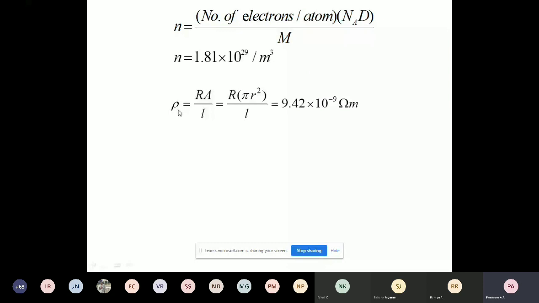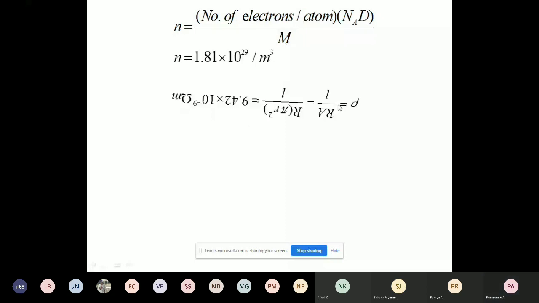And resistivity, that is the second part of the problem. Ra by L is the resistivity equation which we learned during the discussion of classical free electron theory, in the physics class itself, in both the sections, J and L. And here area of cross section is not directly given in the problem, therefore we need pi r square, because for a given wire the cross section is circular, therefore pi r square is taken. Length of the wire is given. So radius, L, and resistance, capital R, are given in the problem. Substitute them in order to get this answer.